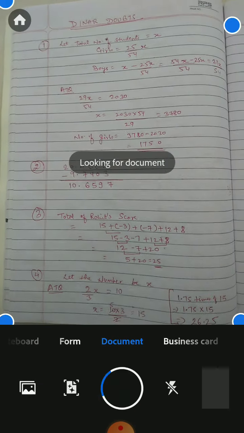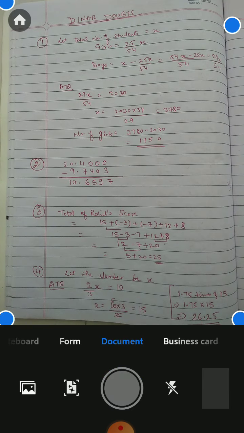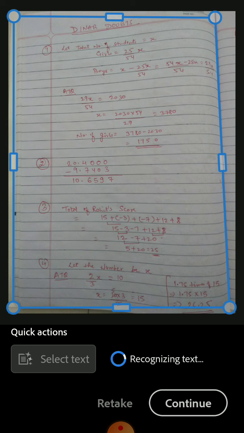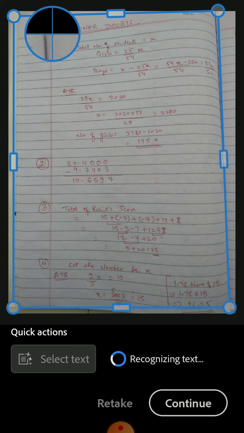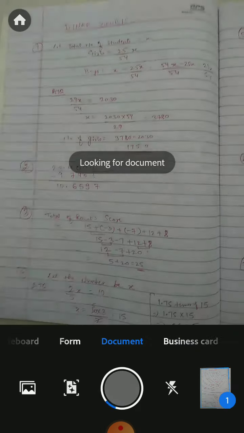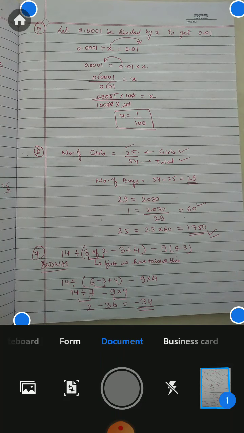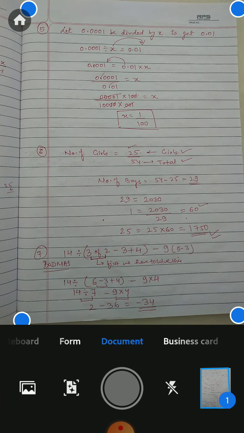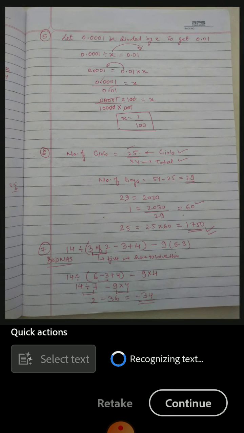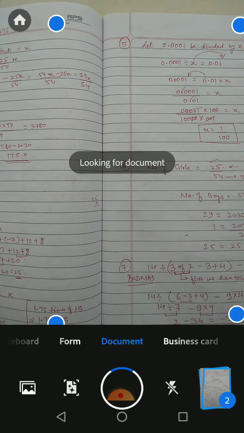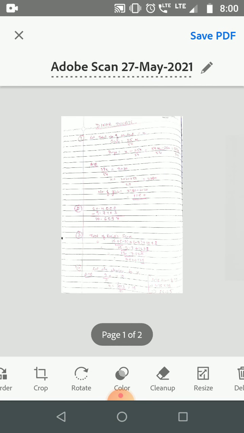Now take pictures from your class notebook like this. You can adjust the pictures also. Similarly for the next page, just simply click on here. So now you can change